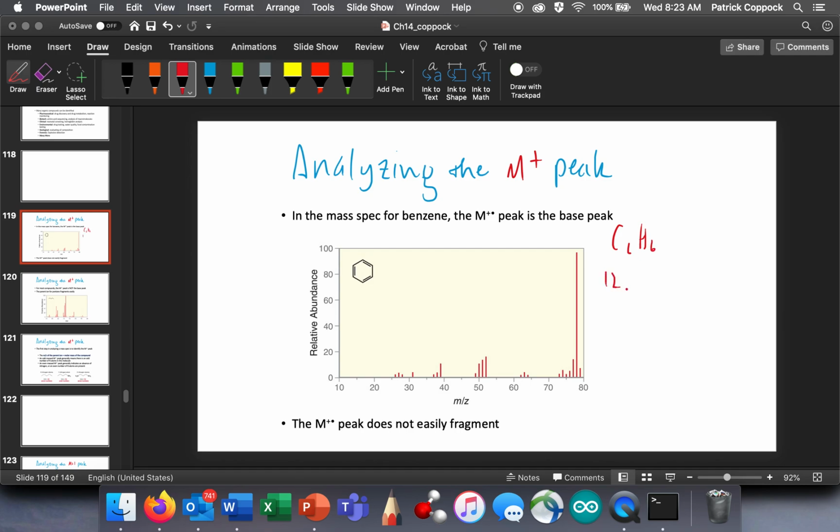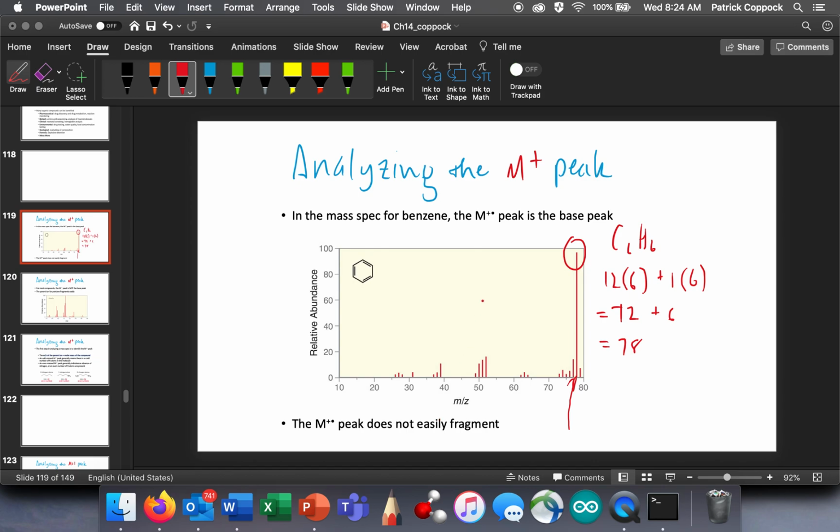C6H6. So it's 12 times 6 plus 1 times 6. This is the molar mass of benzene, right? I'm rounding, of course, because this thing measures things very precisely. So what's 6 times 12? 72 plus 6 is equal to 78. And look at that right there. Boom. Okay? So that, the base peak, is the molecular ion peak, because with benzene, this fragment does not, or